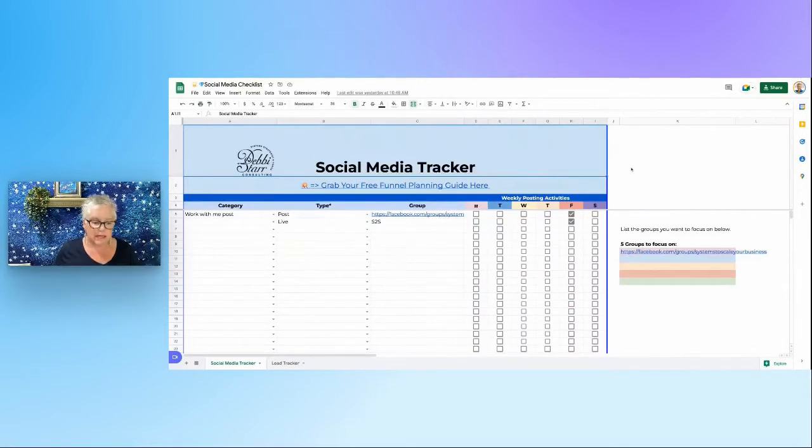The first key is we can't be every place all the time, right? So what I recommend to my clients is pick 5 groups that you want to focus on and just stick to those 5 groups. So over here to the right,